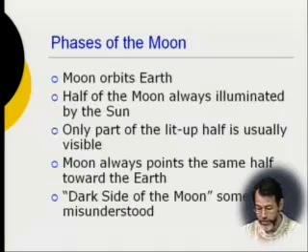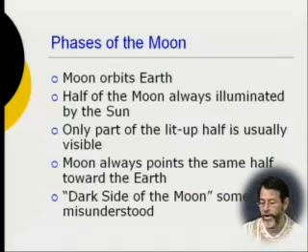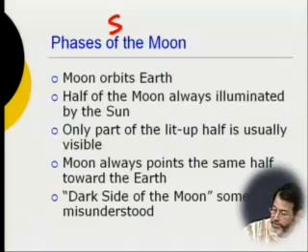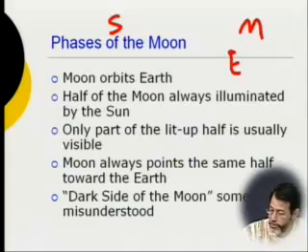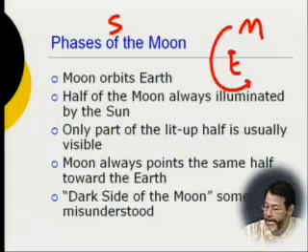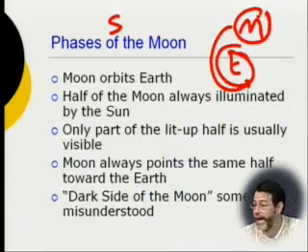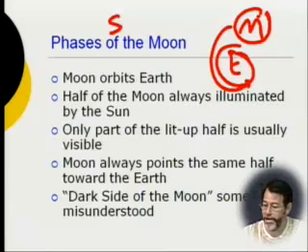But I will now go to the previous one, which should have been the next one, and talk about phases of the moon. So you got your basic sun here, S, sometimes given, and then you get your basic moon here, and you have an Earth around somewhere. So the moon goes around the Earth, that's true. At any time, half of the moon and half of the Earth and half of anything in the solar system is lit up by the sun.